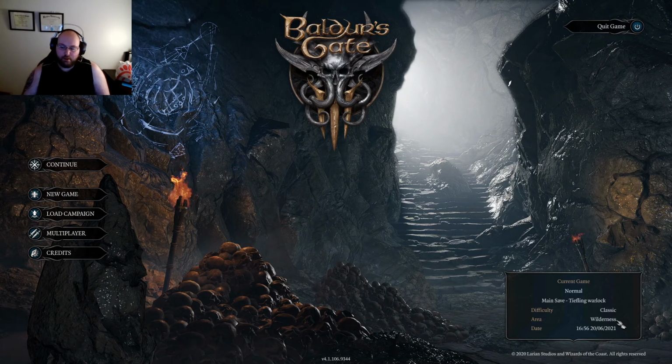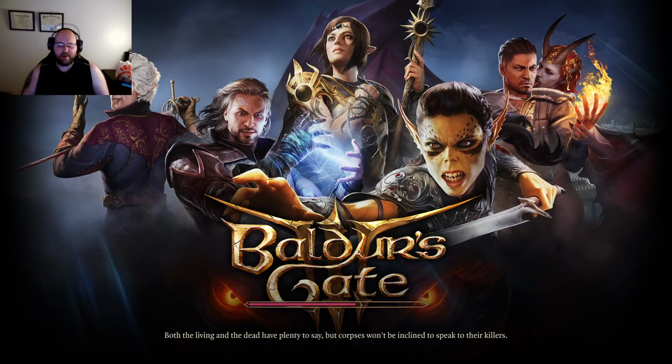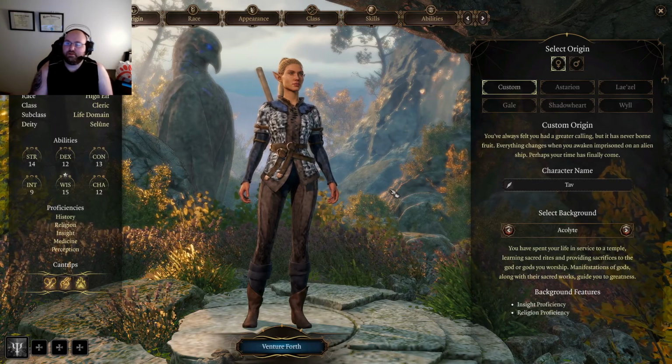I'm currently playing through it with a Tiefling Warlock. I decided to go with that. But we're going to pretend to do a new game. We're not actually going to do a new game. We are only going to get into it. I'm going to skip the game so I can go into the character creation screen and sort of review the